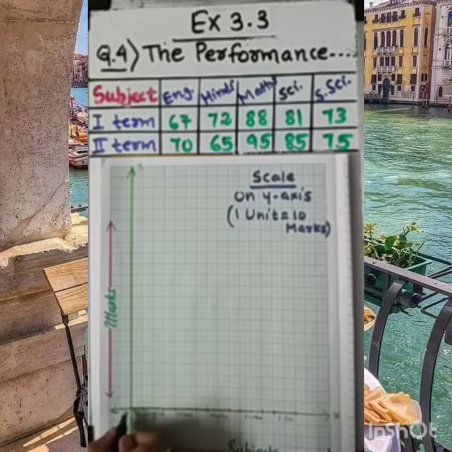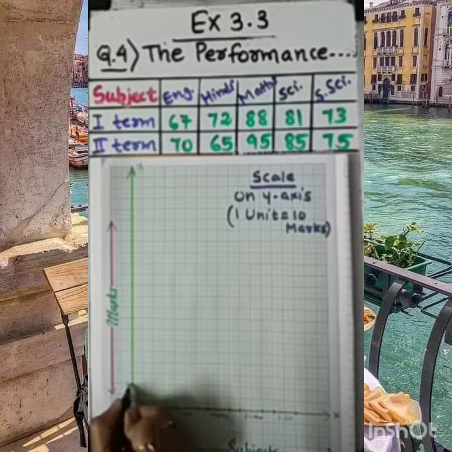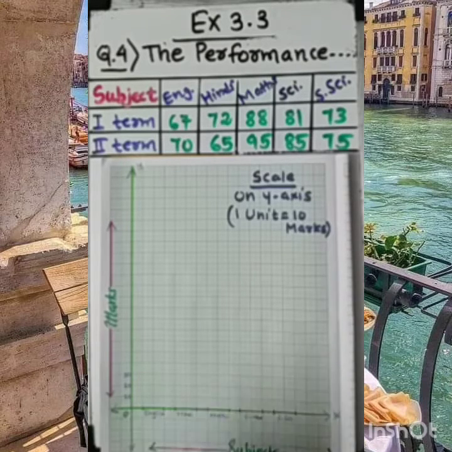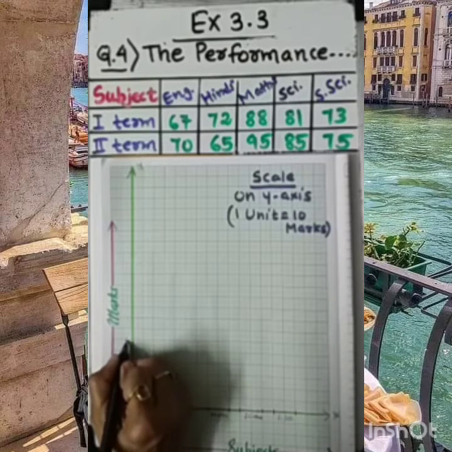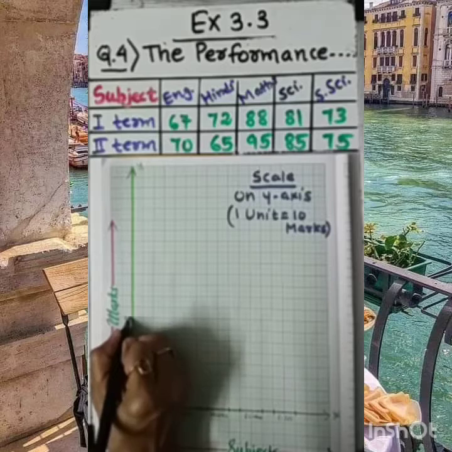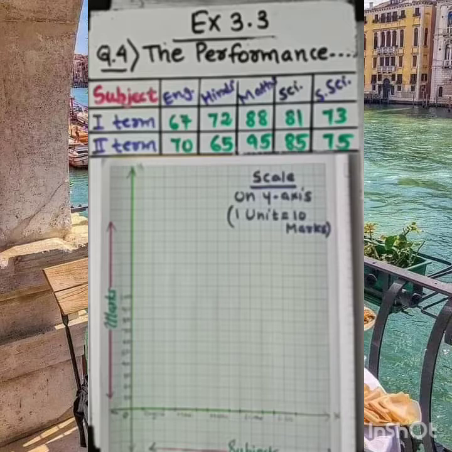So immediately after 0, at the first column I need to mention 10, 20, 30, 40, then 50, 60, 70, 80, 90 and 100. You can go with 5, 10, 15 also, no issue, but it is best to take it this way. Clear to you? Now you need to be very, very careful about this part. Whatever I am choosing, whatever I am showing you here, that is very important.